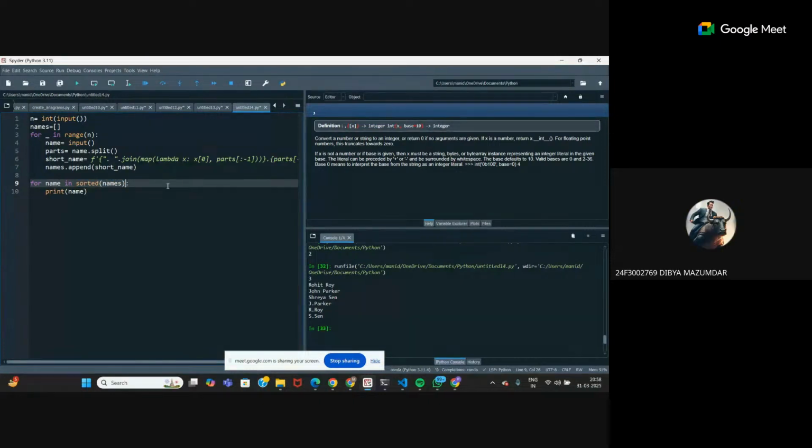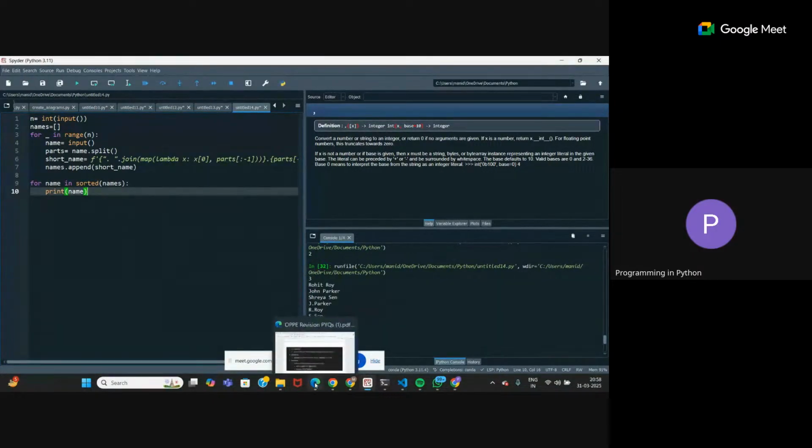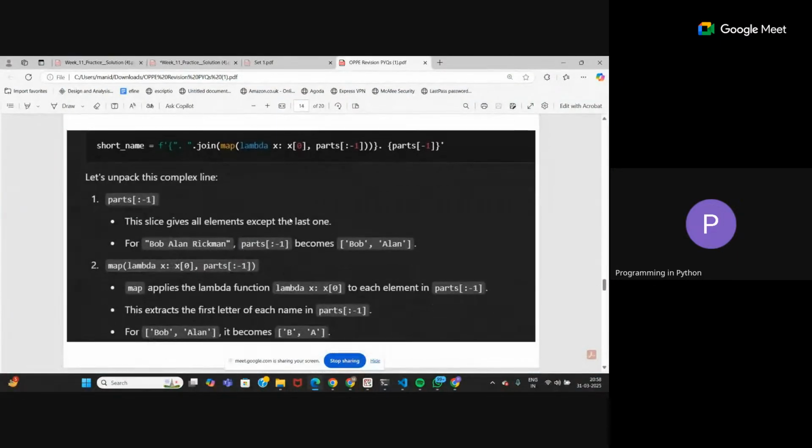Ma'am, can you please explain the line number 6 again? Yeah, again. See, that's why I took this PDF out. It is easier to understand from here. So first what we are doing, see, this part of the slicing. In parts, what have we stored? Parts is storing every component of the name, right? First name, last name, middle name separately in a list.